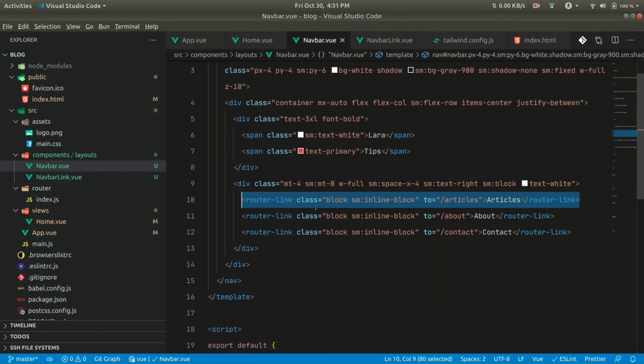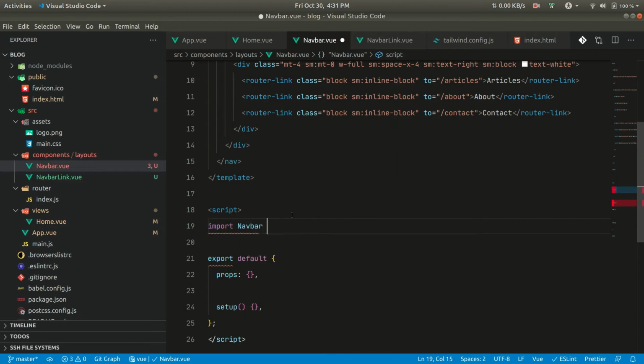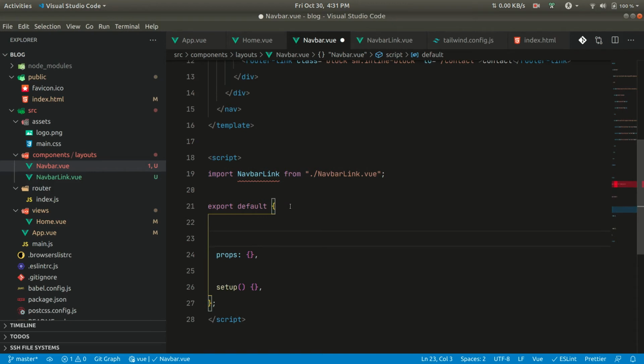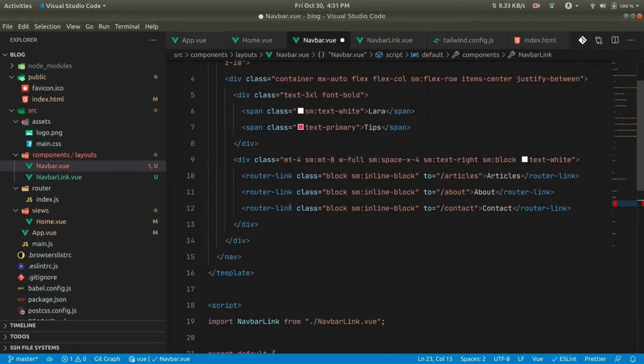sorry, so I have to add that here. Import NavbarLink from NavbarLink.vue. Yeah, now here inside the components we can just import the component here, NavbarLink, and instead of this what we can do is